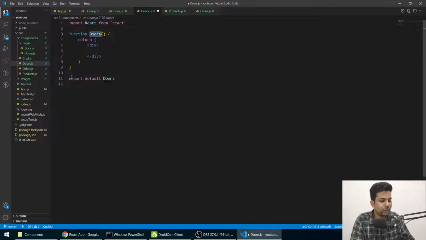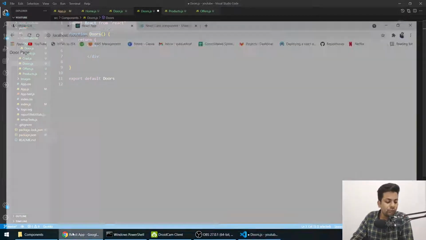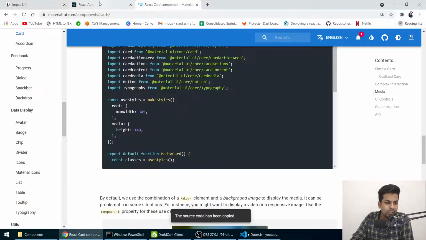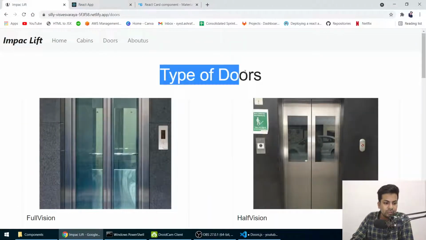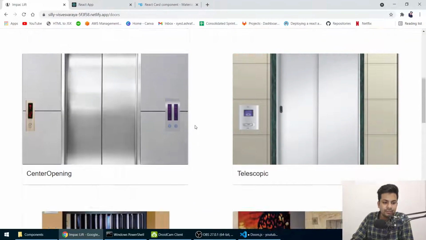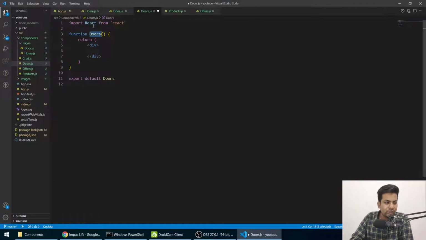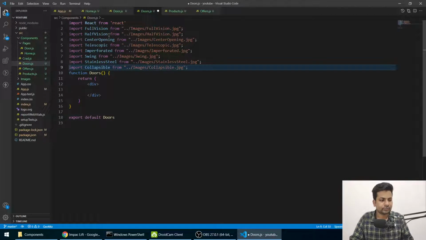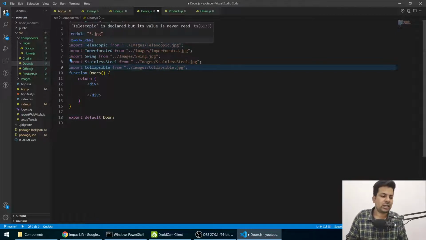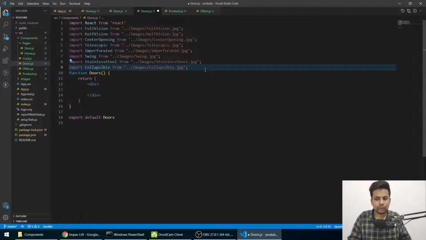Yeah, so now firstly I have to import some images. If you go to doors, there are some images here, types of doors written, then there are some images. So let me just import the images first. All the images are imported from the image folder as I told you.